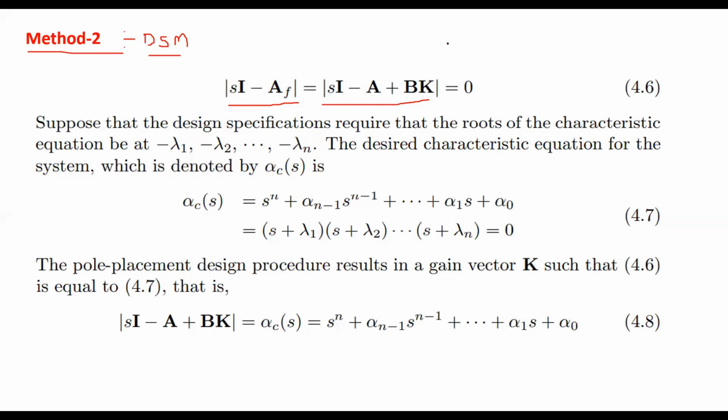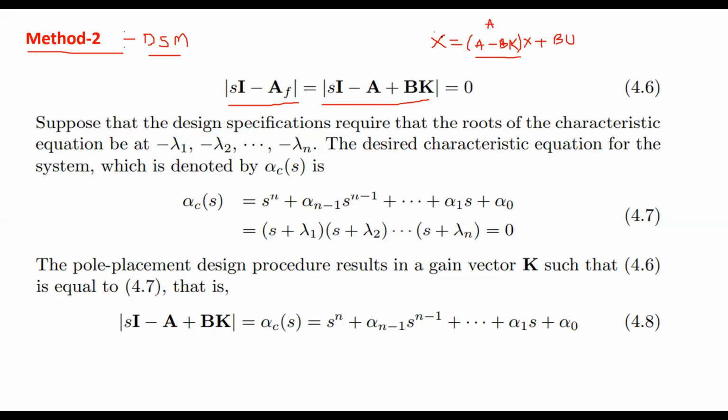So if you write the state equation with the state feedback, what is the expression? X dot is equal to (A - BK) X plus B into U. This is the matrix A. Before connection of state feedback, there should be A. But after connection of state feedback, the matrix is modified as A minus BK.